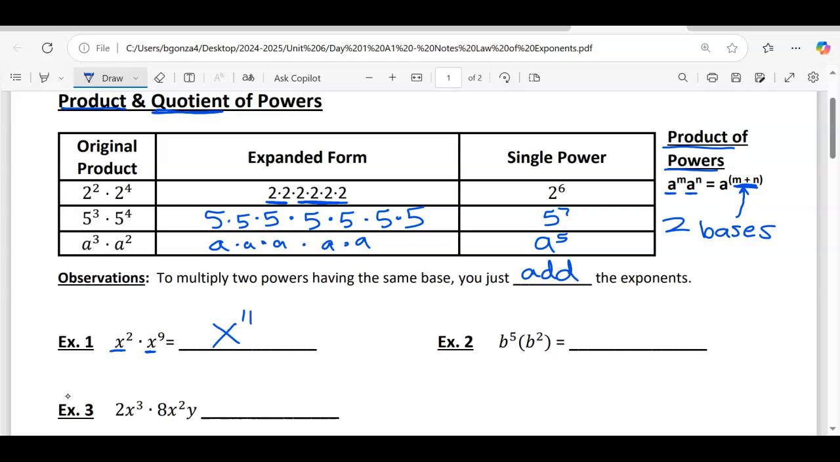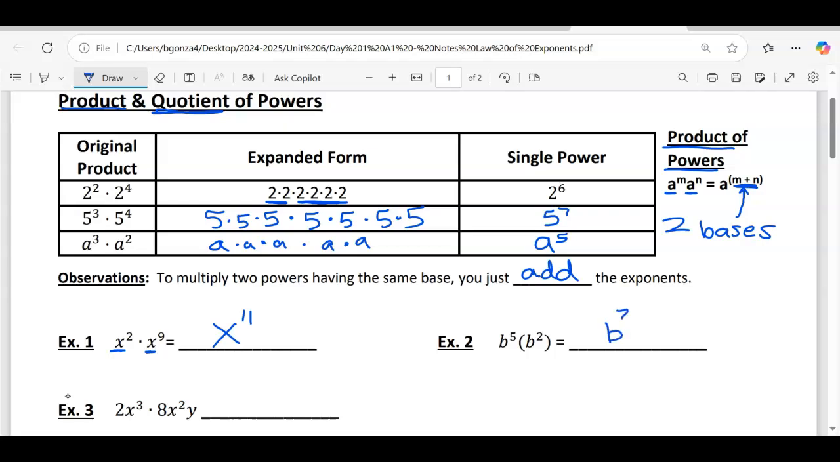That makes sense? Same base, multiplying, add the exponents. Same thing on the next one. Now the next one, I know the next one has parentheses, but that still means multiply, right? There's some multiplying, so you're going to add the exponents. So b to the fifth times b to the second power, so 5 plus 2 gives me